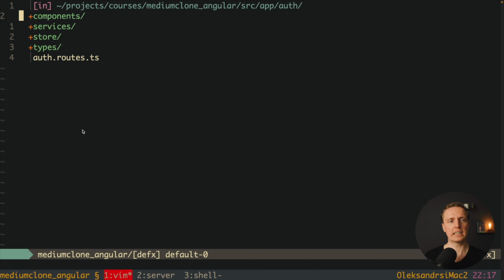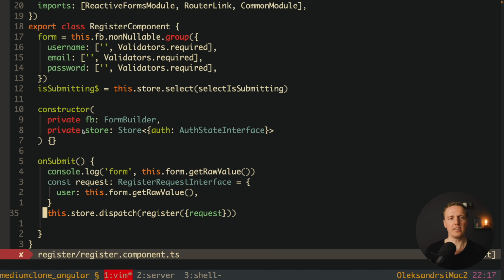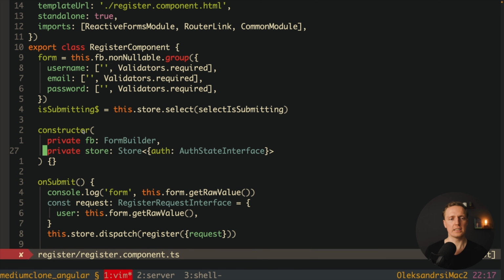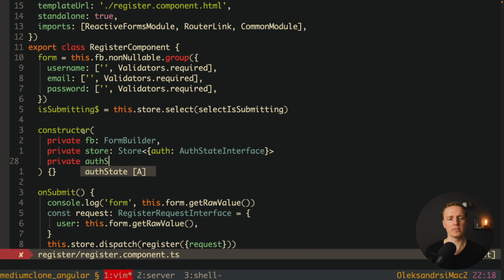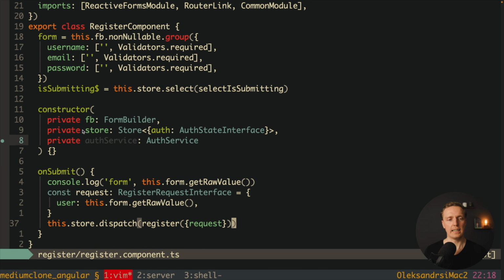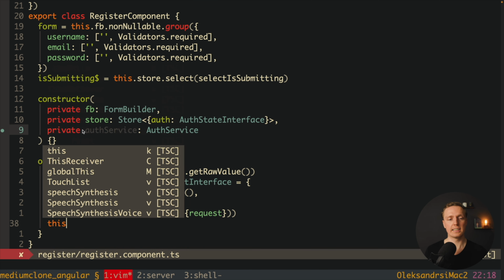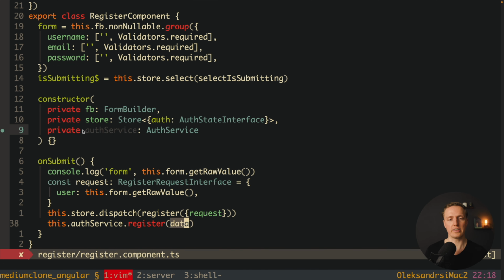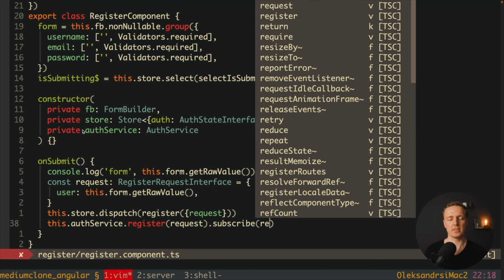So we can jump back in our component register, and here on submit, I want to import inside our constructor our auth service, and this is our auth service that we just created. And now here on submit, we can use this.authService.register, and we must provide inside data. And what is data? This is our request. This is why here we can just use request, and just to test it, I can write subscribe, and here